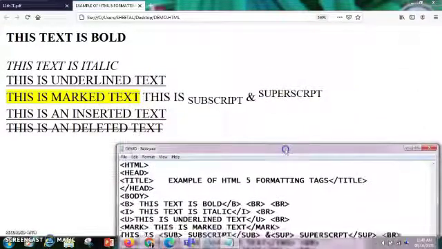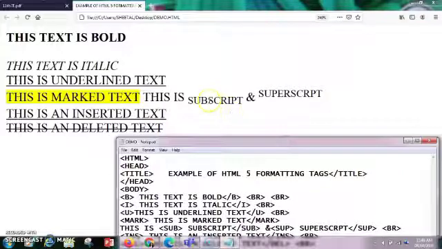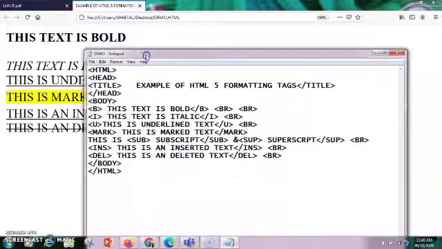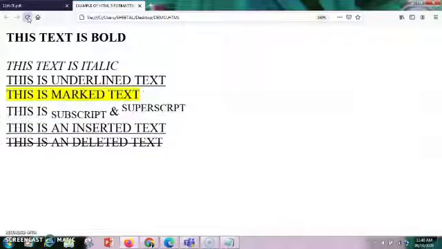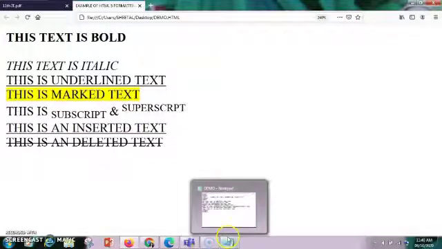Whatever you have written in subscript is coming down. Superscript will come up, and in the mark it will be highlighted. This is how it's going to work. If you want to give a BR here, you can, which means the superscript and subscript line will come down. This is how it appears. This is all about the demo 1 program which was a part of your textbook.